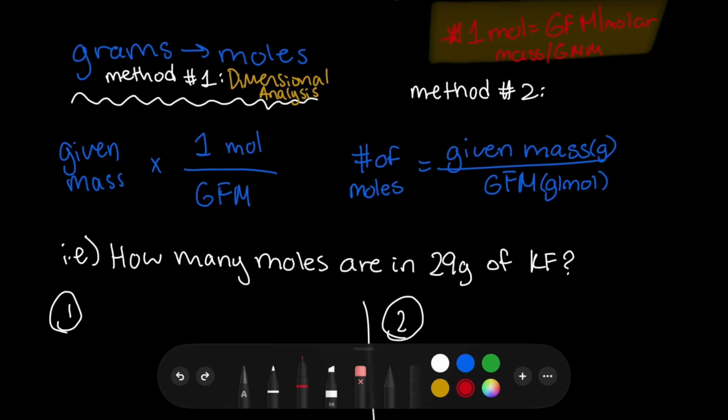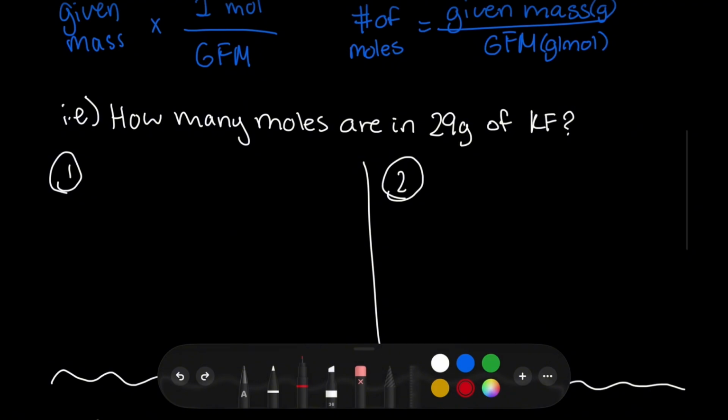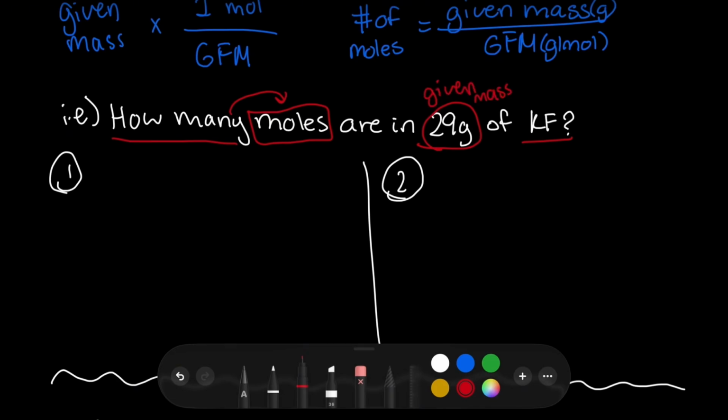So to practice, here we have a question that asks how many moles are in 29 grams of KF. KF contains potassium and fluorine. So to start off, it's asking how many moles are in 29 grams of KF. So they're giving us the grams. That is our given mass. And the moles is what we're looking for. And KF is the compound that we have to find the GFM of. So we can first